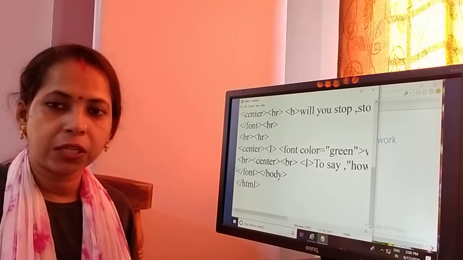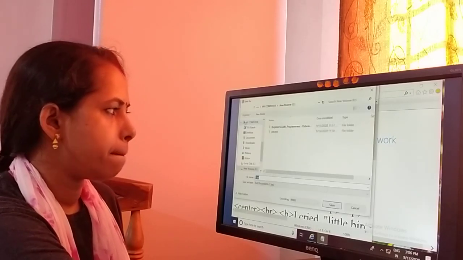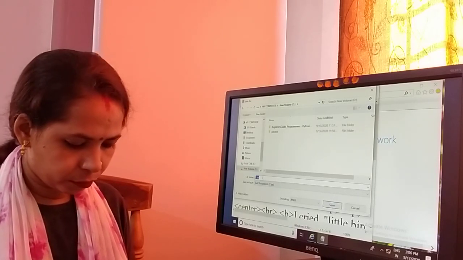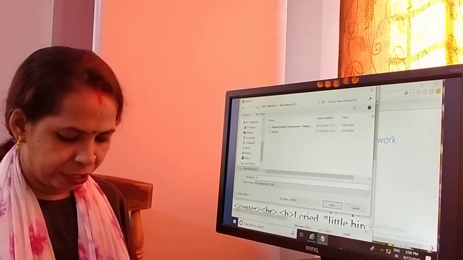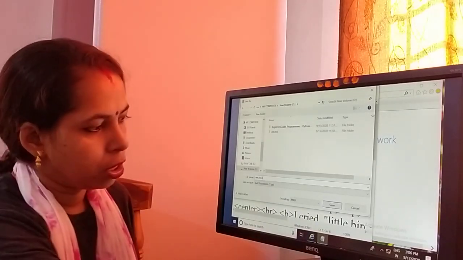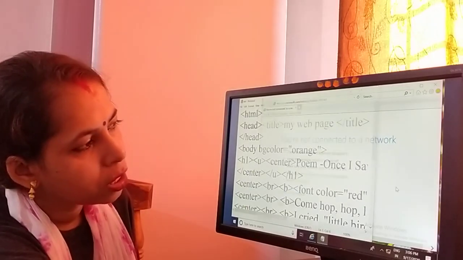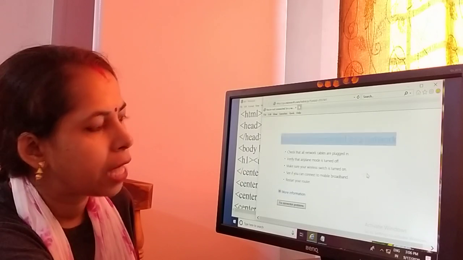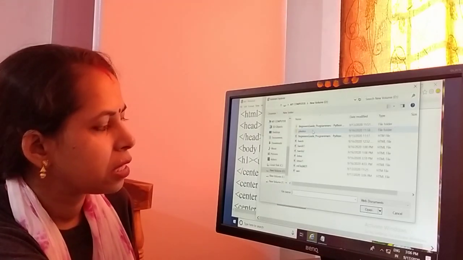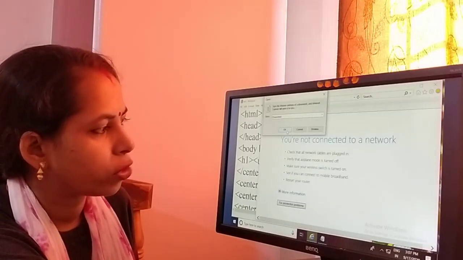After that we will save our file. Now going to file, then Save As option, then D drive, then write the file name. I have to write win.html. Win is my file name, .html is the extension. Now save. Now we have to see everything in a web page. We go to Internet Explorer, then file, then view, then browse, then D drive, then our file name win, then open, then OK.